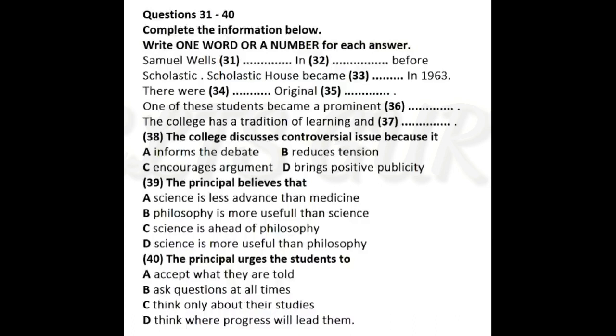Wells died in 1900 before he could see the college in action. Scholastic House finally began operating in 1903 with 10 students. Those students came from Asia, Europe and the Americas. At that time, Scholastic House accepted only male students, although it has been co-educational since 1963. 9 of these foundation students went on to lead illustrious lives. The only exception died tragically on his way home from Scholastic House to Sarawak. He had only recently graduated with an honours degree in law, and he was robbed of a brilliant future.